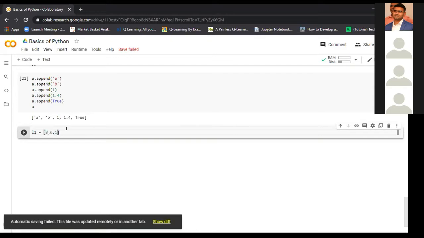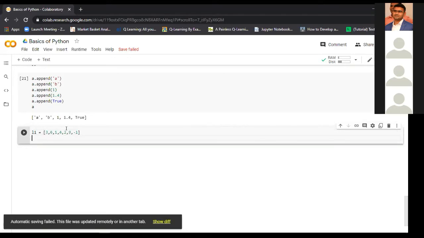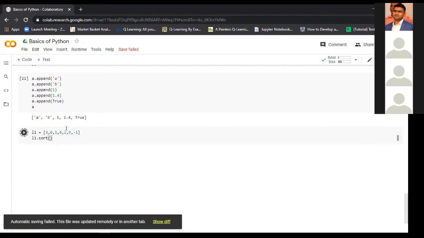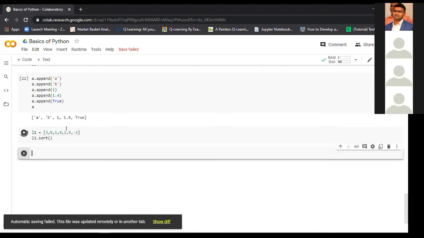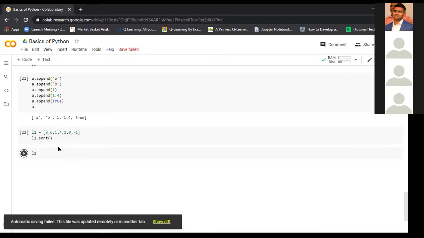So we have certain numerical values in this, and if you want to sort those values in ascending order, you can use the sort method, which will sort the elements in ascending order. By default it is ascending order, but if you want to sort the elements in descending order, then you have to pass one keyword in it. So let's first see what the sort did.